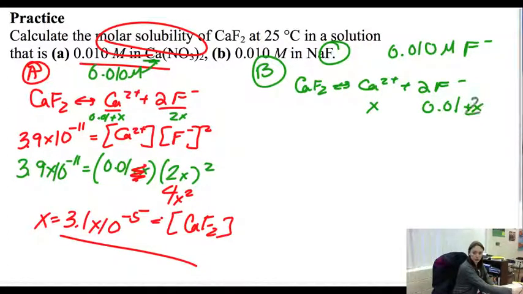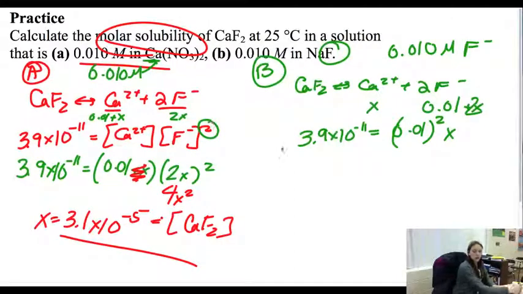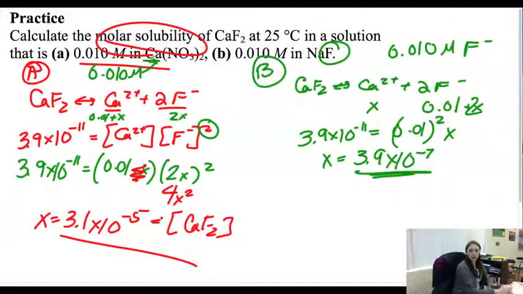It's still going to be 2X, remember, not just X. I have 3.9 times 10 to the negative 11th. It's going to be 0.01 times X, and this is still squared because it was squared originally. And my X is going to be 3.9 times 10 to the negative 7th,